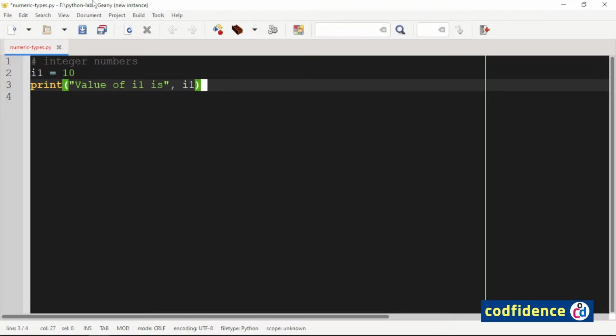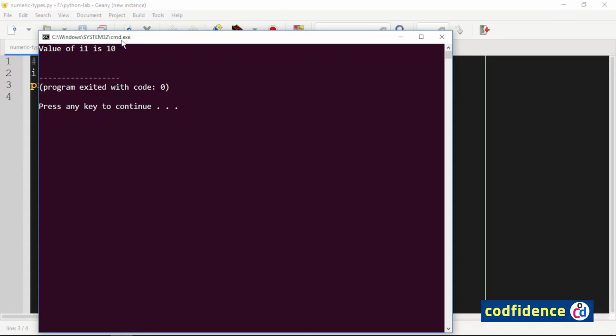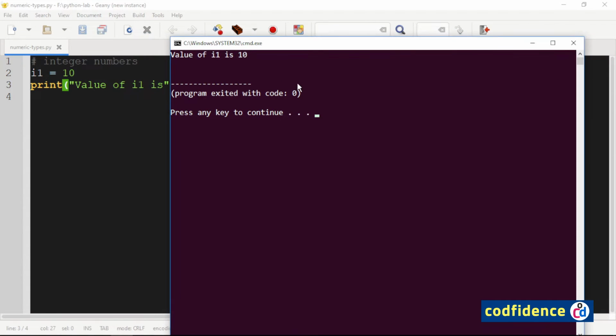Now run the program using shortcut F5. And you can see the result.